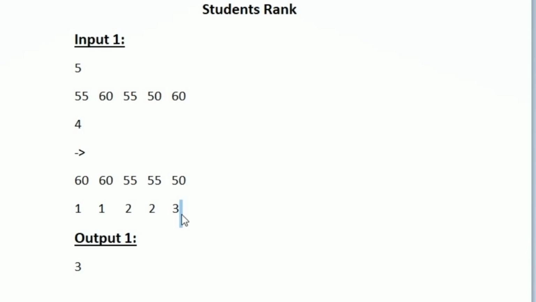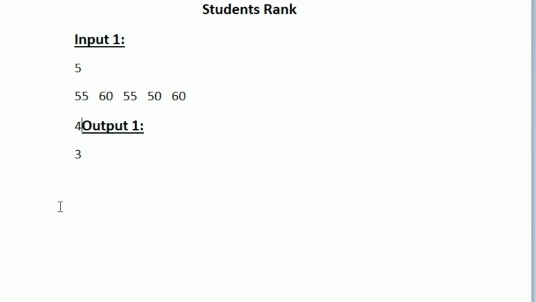First we have to obtain the mark scored by the xth student, and after that we have to sort the array, and after sorting we have to give rank for each and every student, and based upon the mark we have to print the rank obtained by the xth student. Now let us see how to write a C program for this.